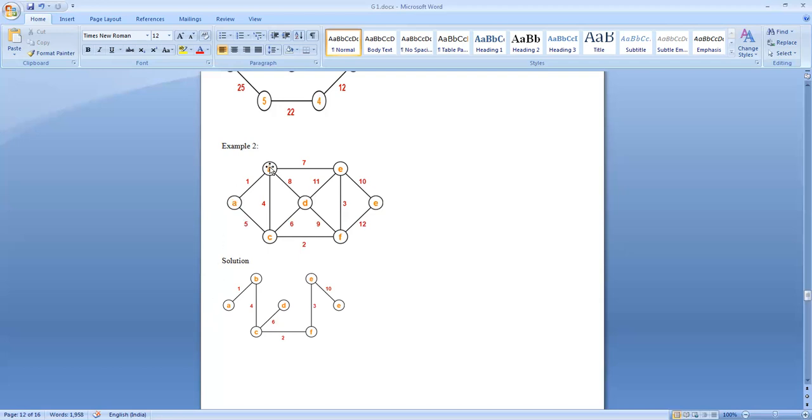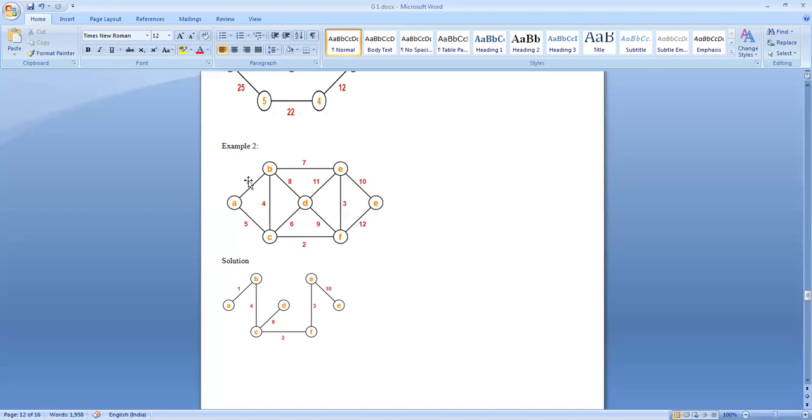Then what are the other edges remaining? From A, you can go to C with edge value 5, or from B, you can go to E with edge value 7, or from B, you can go to C with an edge value of 4.